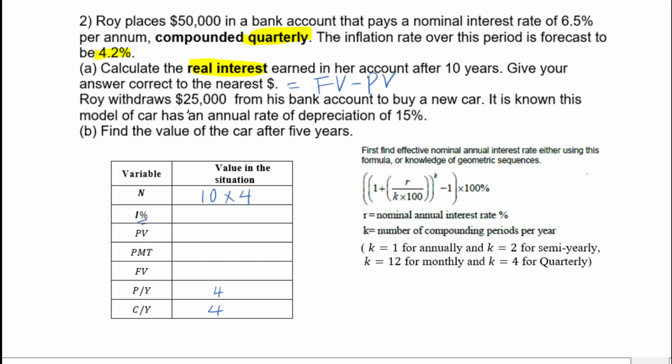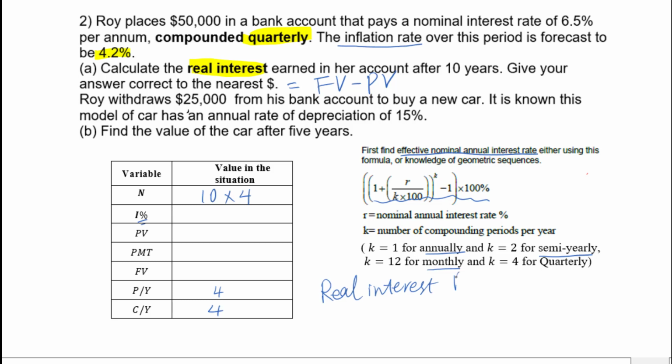Since inflation rate is involved in this question, we need to figure out the effective nominal annual interest rate first using this formula. K is the number of compounding periods per year. K equals 1 for annually. K equals 2 for semi-yearly. K equals 12 for monthly. K equals 4 for quarterly. Then use this effective nominal annual interest rate, subtract the inflation rate. You will get the real